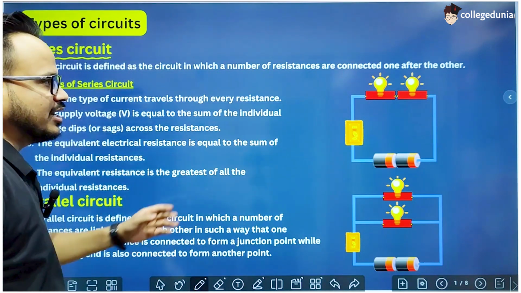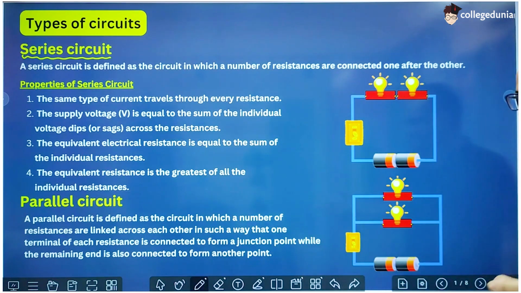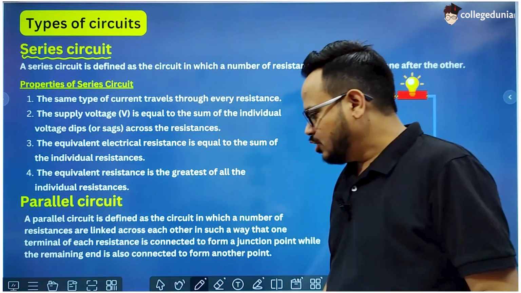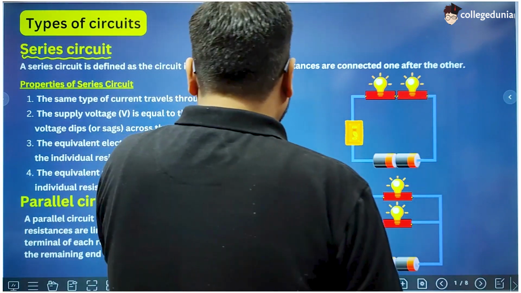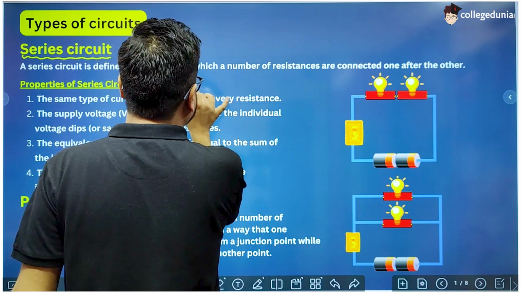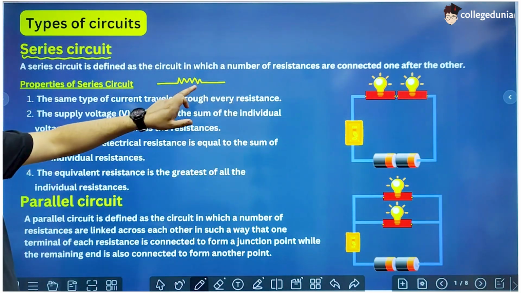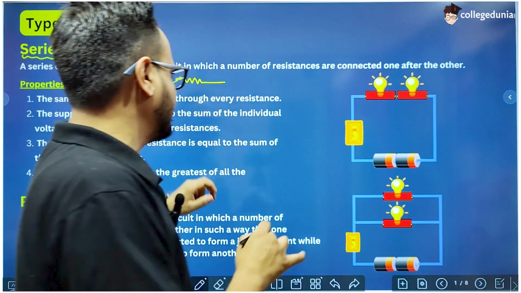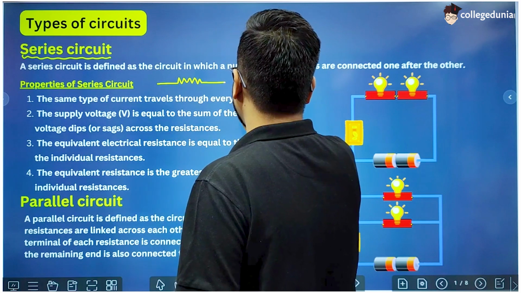Series circuit looks like this when the different components are connected in series. By series combination means end-to-end connectivity of the components. For example, let us consider that we have three resistors. So if we are connecting the three resistors like this is one resistor, and one end of this resistor is connected to one end of the second resistor like this,